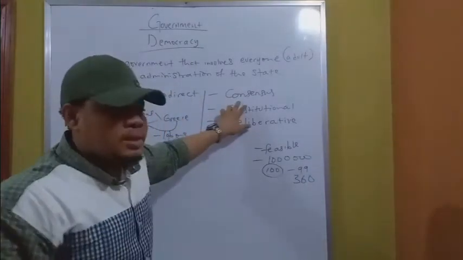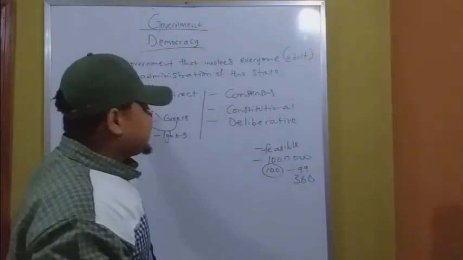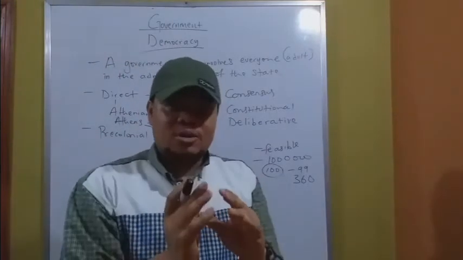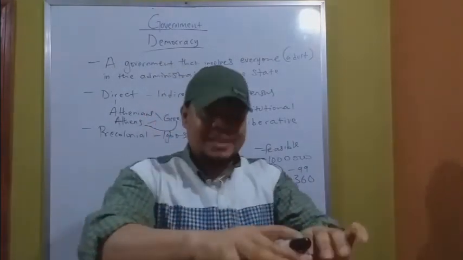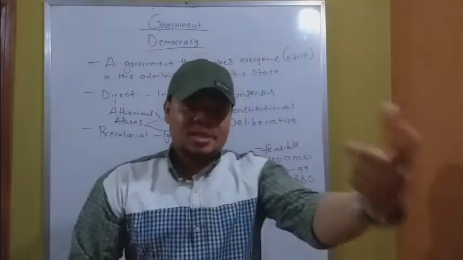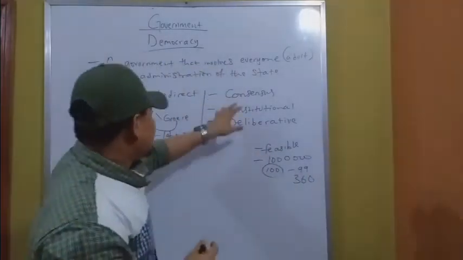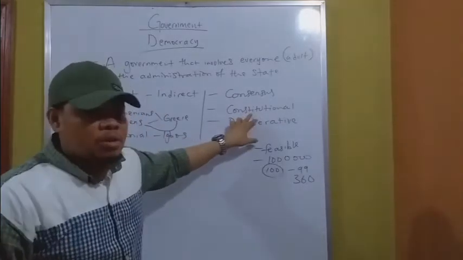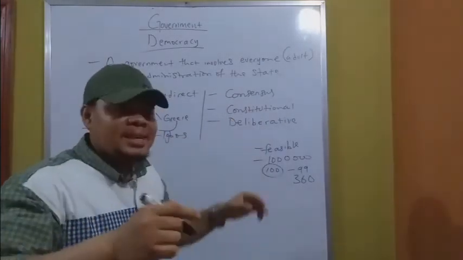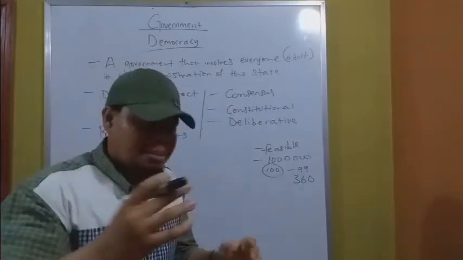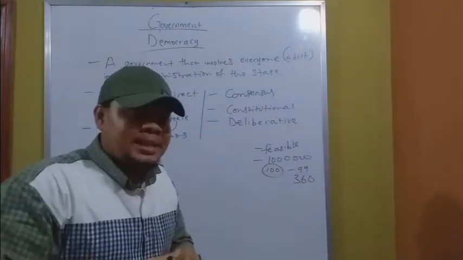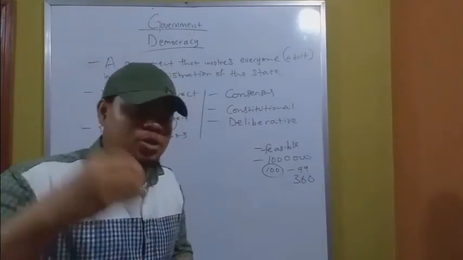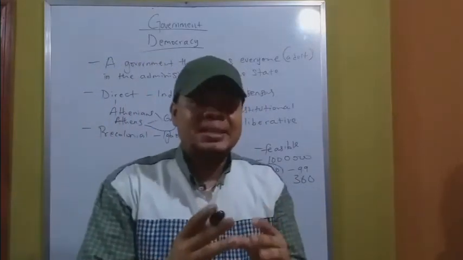Now, consensus democracy can also be referred to as direct because in direct democracy, everybody comes together and reaches an agreement together. When there is a consensus, it means that everyone in that particular place has agreed to take a particular decision. There is a consensus amongst them. So we can call consensus democracy what? Direct democracy. Now we have constitutional democracy. Constitutional democracy means that the highest body of laws belongs to the Constitution. That is, the Constitution is the highest body of laws. The Constitution is the sacrosanct body of laws.